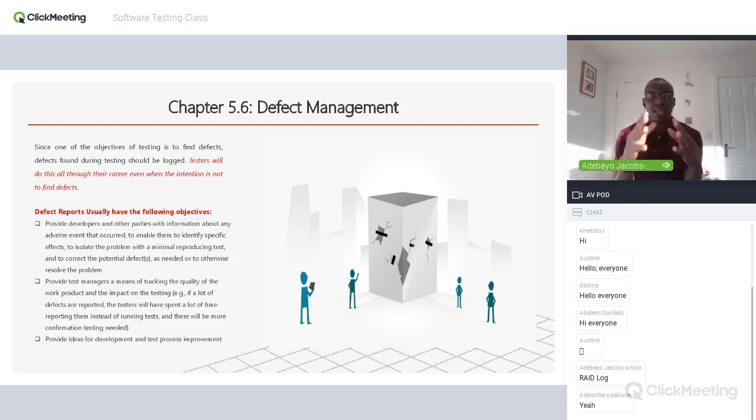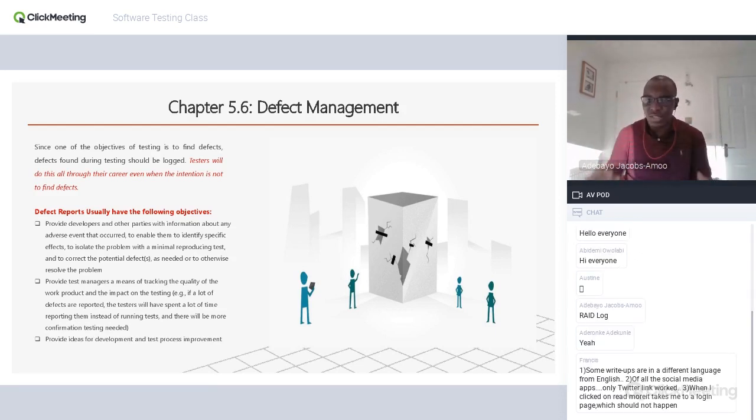Now, the whole reason I gave you that assignment before this class is to show you how to report whatever you do in a situation like this. So we've come to a point of talking about defect management. Now, defect, we defined at the very first class, is different from everything you think you know, but it's a defect for a reason. It means it's not working. Now, this is something as a tester you would do forever. As long as you're practicing testing, you would always come into defect management, even though it's not the sole focus of testing. Testing is not just